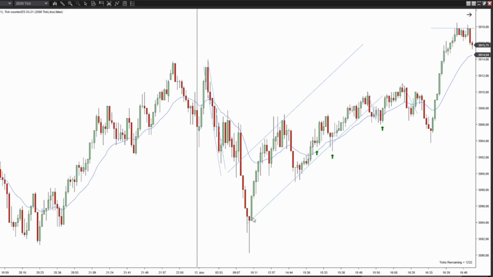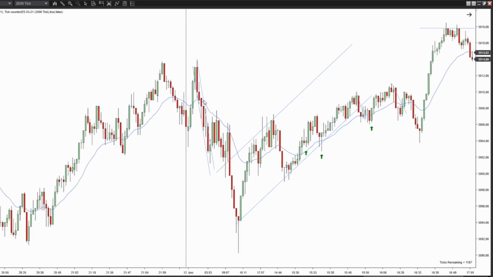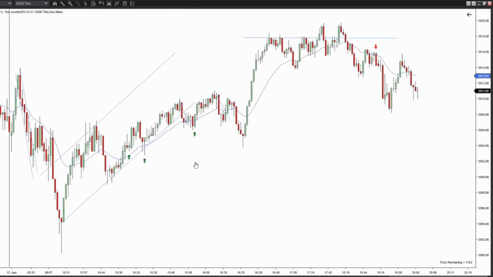I'm looking for a correction. And you can see the correction was fairly big, and it ended up being a big reversal at the end. But this is still in the pre-market open session, so really there's no trade yet. It's way too early. But from this point on, the market is looking like we're going to be in a trading range. It didn't really end up happening,